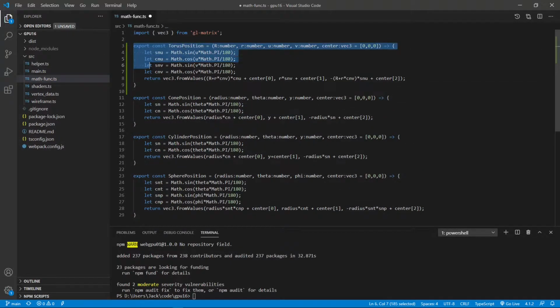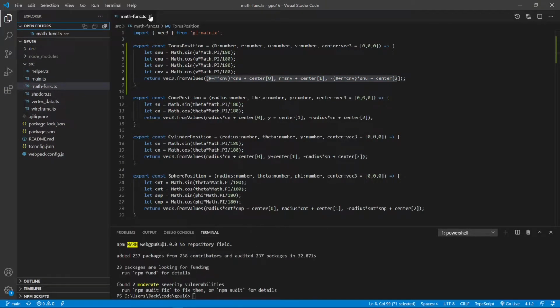Here is the code of this new method. You can see here the input argument contains the center parameter. This parameter lets you specify the location of the torus. This torus position method simply returns the x, y, and z coordinate positions. This position is specified by the parametric variables. Now we can save this file